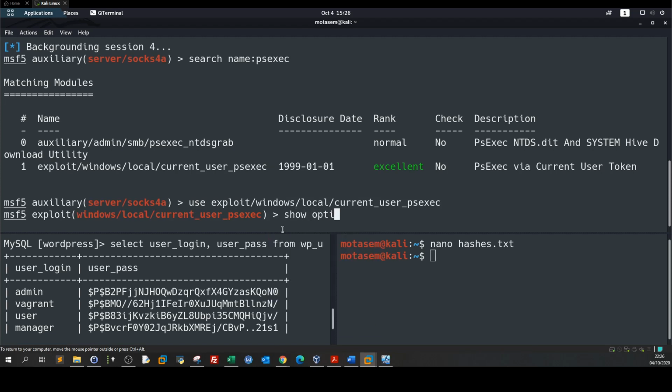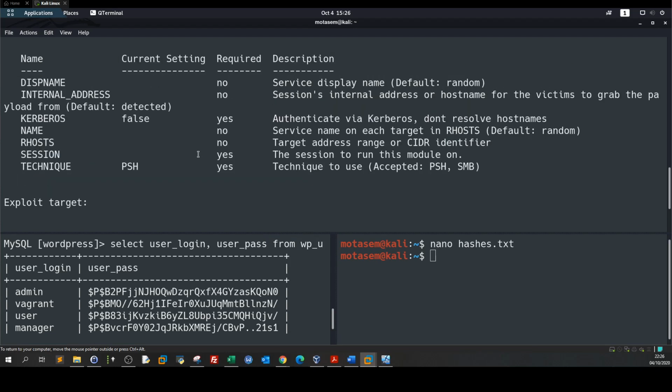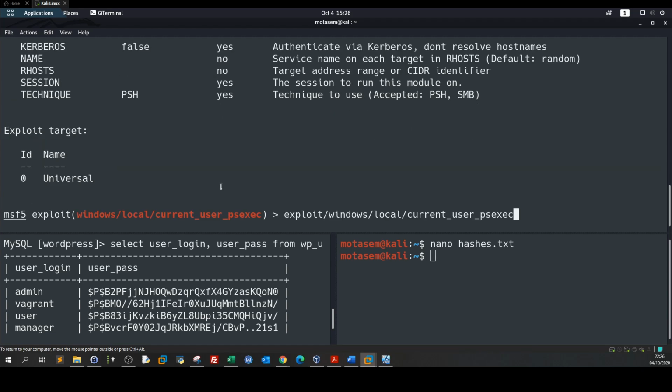Show options. All right, this is required. Authenticate via port. Don't resolve host names. Okay, the RHOSTS and this session. Okay, I'm going to set the RHOSTS to be